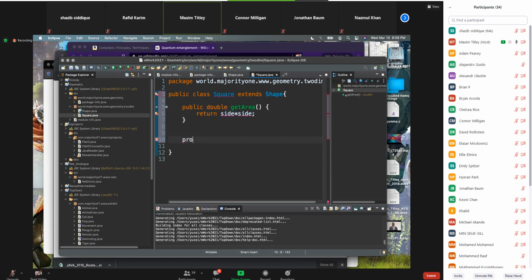This is going to be, let's see, should I protect it? I'll make it private. Okay, and private double side will simply be an element. Now, if I want to create